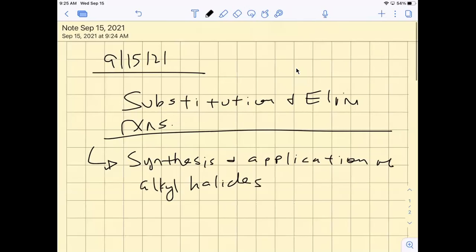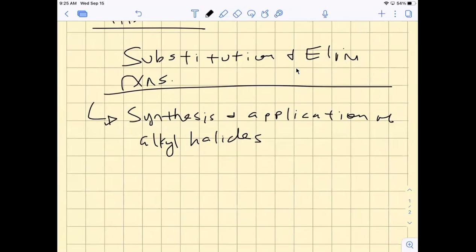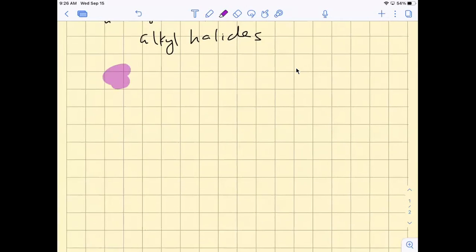So one of the uses or applications of alkyl halides is to use them in substitution reactions, right? Use them as substrates for substitution reactions. We know now one of the applications is to use them in coupling reactions with organometallics. Another is to use them as substrates for substitution, because the halogen on the alkyl halide is a good leaving group, right? So in both substitution and elimination,